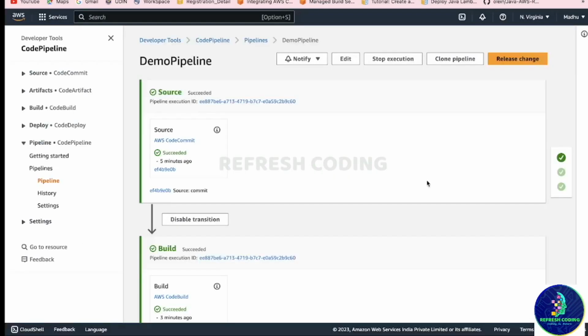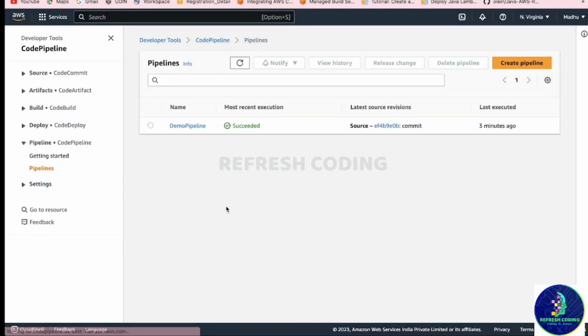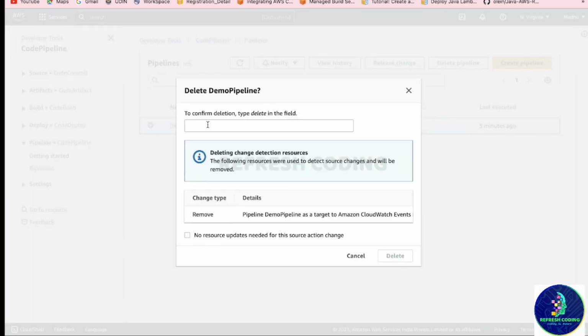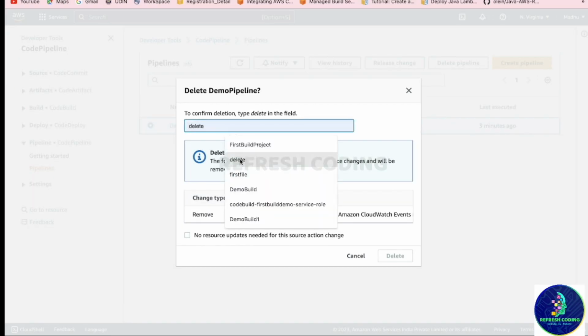And don't forget to delete all your resources after this, because otherwise if they keep running, AWS will charge you. So you delete your pipeline. Okay, let's say I will quickly go to the pipeline and delete pipeline. Just type here delete,